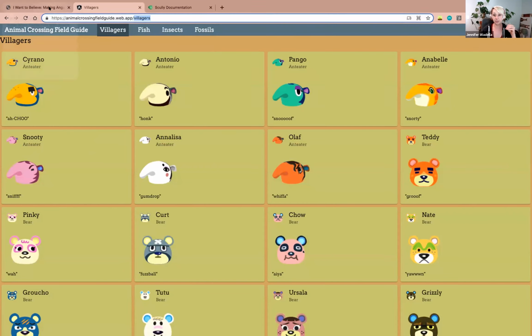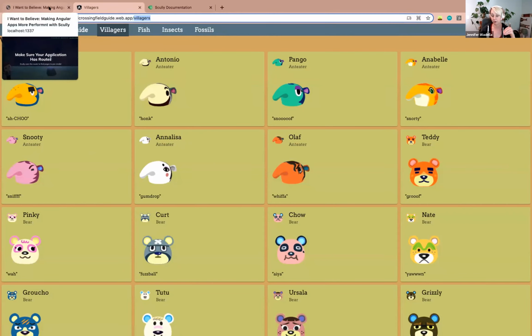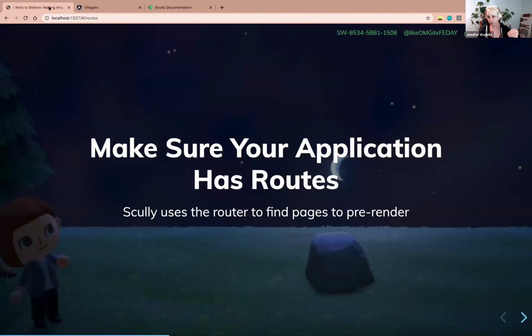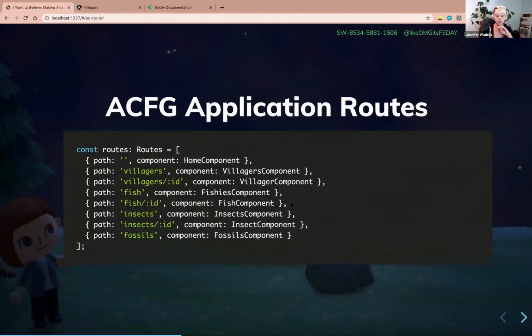So your Angular application needs to have routes for Scully to work, because it's going to look at your routes and then it's going to say, okay, I'm going to create this page for this route and this page for this route. And I mention this because when I've helped customers use Scully before and they had something goofy going on in the router, they didn't realize this is kind of the starting point for Scully to read what's going on. And so you might get a weird error if you have no routes in your Angular application. So that's how it's going to work under the hood.